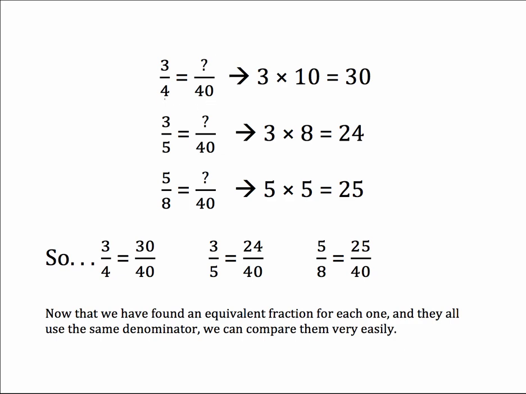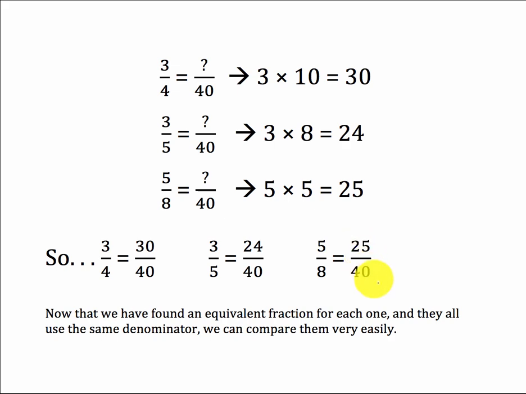So we're creating our equivalent fractions here. So again, because I multiplied 4 by 10 to get to 40 here, I multiply the top by 10, so 3 times 10 is 30. To go from 5 to 40, multiplied it by 8, so times the top by 8. 3 times 8 is 24. And for our last fraction here, 8 times 5 is 40, so multiply the top by 5. 5 times 5 is 25. So our equivalent fractions, 3/4 becomes 30 over 40, 3/5 becomes 24 over 40, and 5/8 becomes 25 over 40,